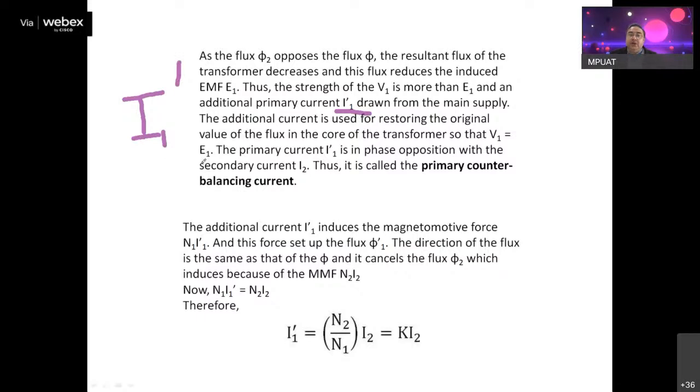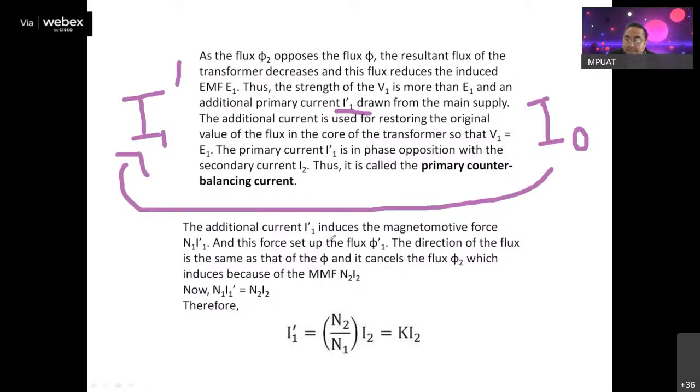तो I1 डैश हुआ। पहले प्राइमरी साइड में कौन सा करंट फ्लो हो रहा था, चाहे वो लोड हो नो लोड हो? I0। अब एक एडिशनल करंट और फ्लो हो गया, उसका क्या नाम है? I1 डैश।